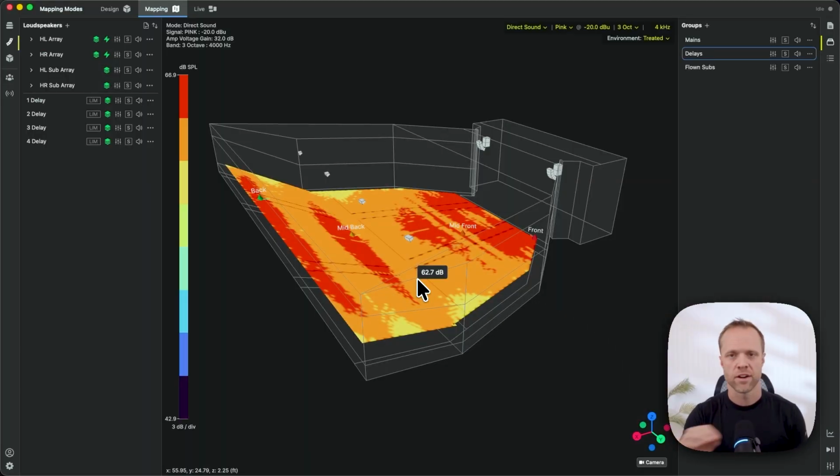In this video, we're going to be looking at the time-based simulation modes inside of Fulcrum One. Let's dive right into the software to see how those work. So in this project file, I already have a loudspeaker layout and a room model imported. And to switch to any of our time-based simulation modes, we're going to be in our mapping tab, and we're